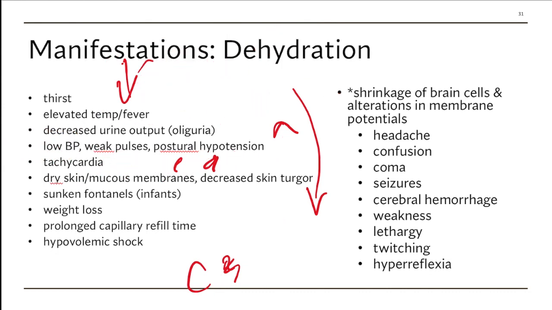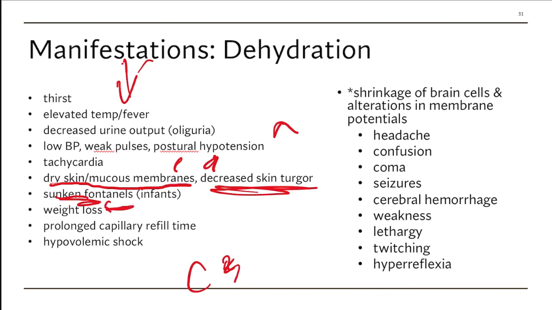Let's talk about some of the other things you see here. This makes sense. Dry mucous membranes, decreased skin turgor, those are huge signs of hypovolemia. In infants, sunken fontanelles. You remember those plates in the infant's head haven't met yet, and so those will sink in quite a bit. Don't forget that fluid has mass, right? It weighs something, and so if we lose part of what we have in our body, when we weigh ourselves, a lot of that is fluid. That's why you'll see people who have to drop a weight class